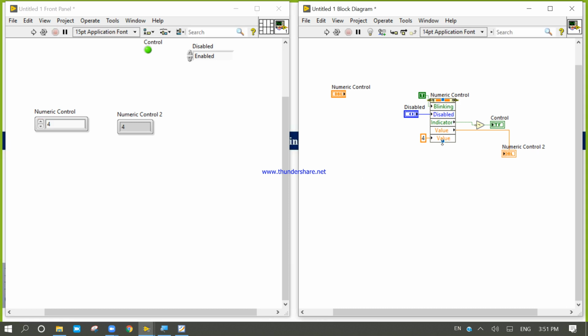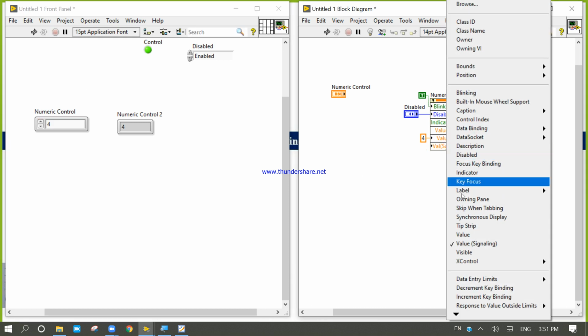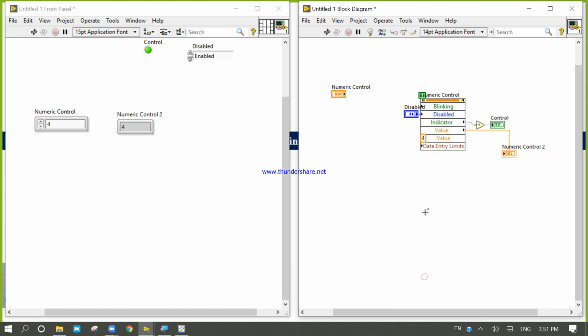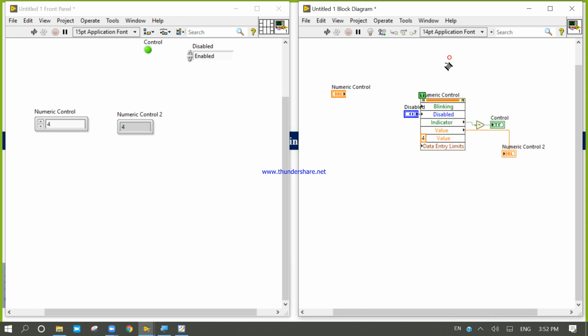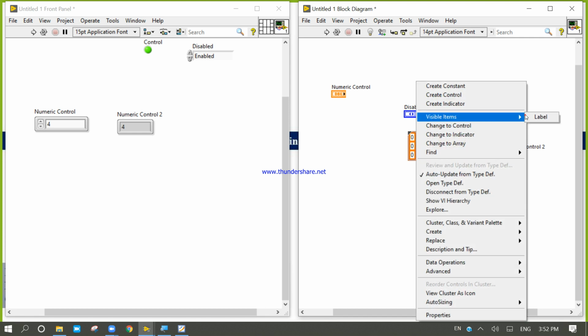There is one more property. The property name is limits. All elements. In this limit all elements, right click, create constant, and if you right click label, you will get the label.